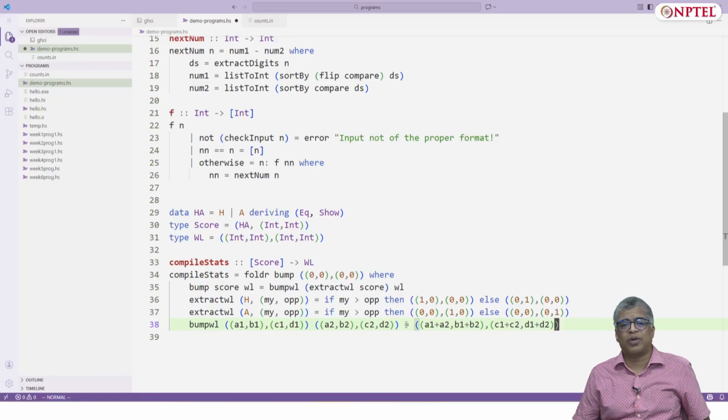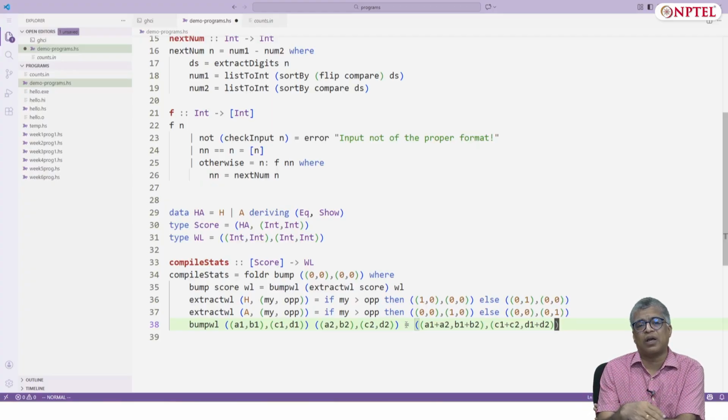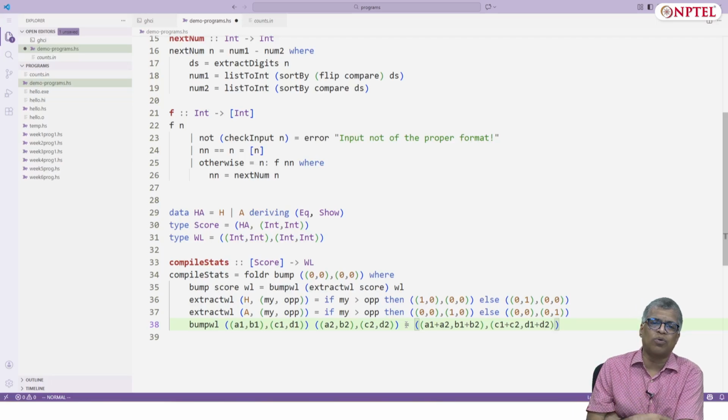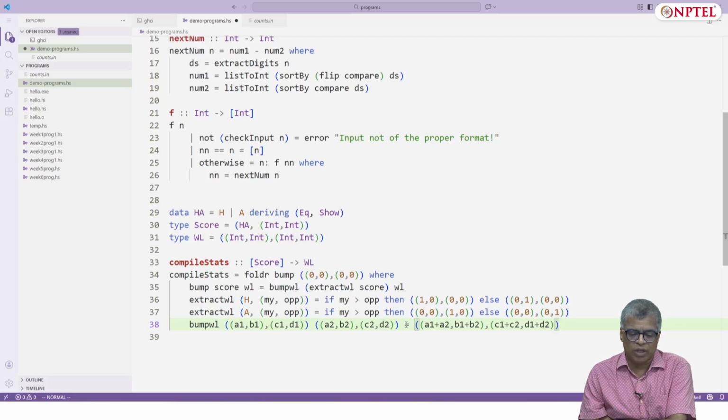Of course, there are some parts where you need to do some basics, determine what is a win, what is a loss. My score is more than my opponent's score, it's a win, otherwise it's a loss. But otherwise, it just fits some basic pattern, and note how fold R is such a powerful thing. So that's basically it.